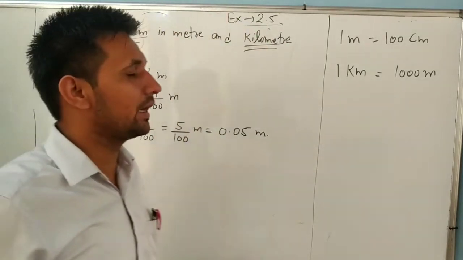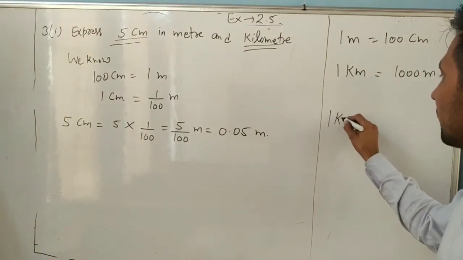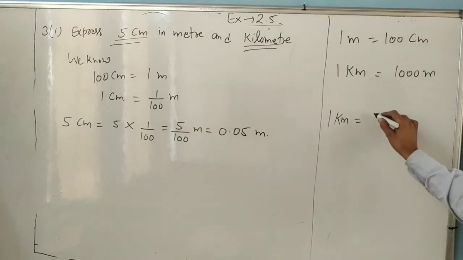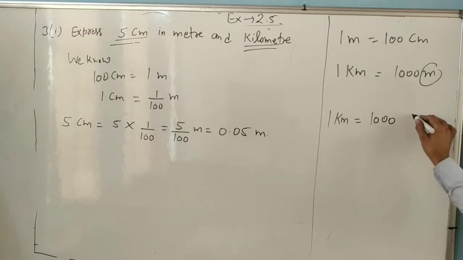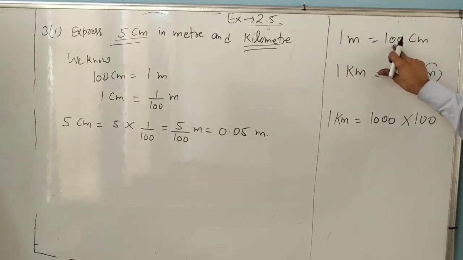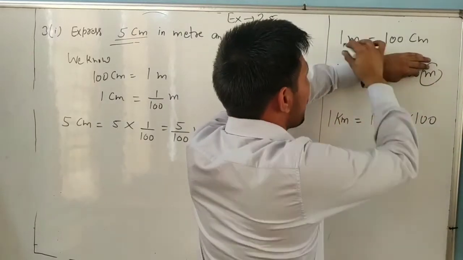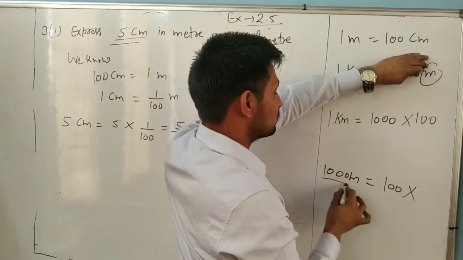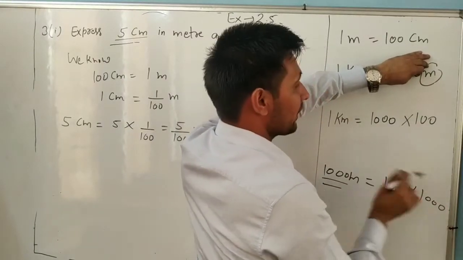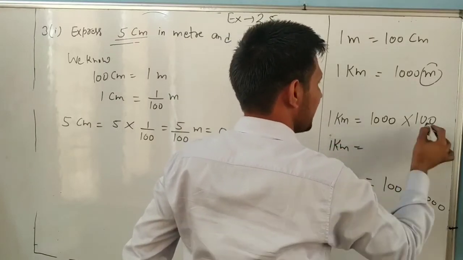Now the question is to change into kilometer. So first we have to find in 1 kilometer how many centimeters. So 1 kilometer, okay, look, equals 1000 meter. And in 1 meter, how many centimeters? Therefore multiply by 100 more, because 1 meter equals 100 centimeter. So in 1000 meter, how many centimeters? In 1 meter, 100 centimeter, so in 1000 meter, multiply by 1000 and 100. Same as it is. So 1 kilometer equals, dear, how many zeros?